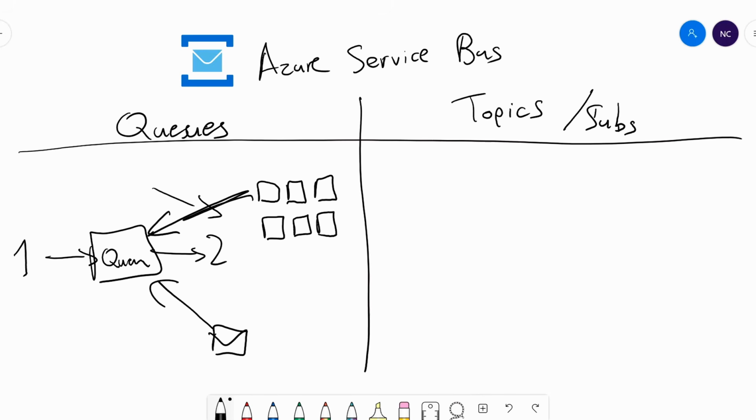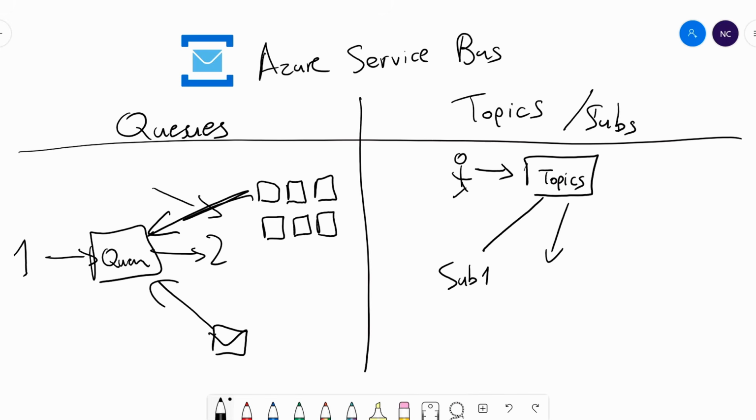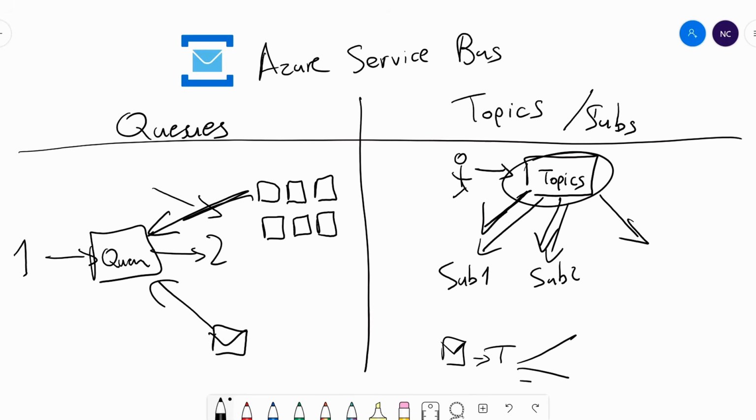And this is where the topic comes in. In the topics, people publish into the topic, which is a top level thing. The topic can then have subscriptions, and the message published into the topic will be sent to each subscription that's listening to it. So in my example, if I publish that message once, the topic will send it to the processing service, the metric service, the risk service. I don't know, there are so many you can have here, but it will be sent to anyone listening to that topic using a subscription.